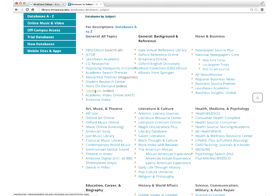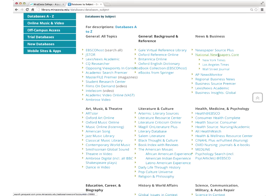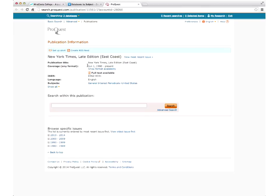Are the national newspapers full daily editions? Yes. Yes, it is. I say that with hesitation because it's HTML. So let me show you. So if I go to New York Times,